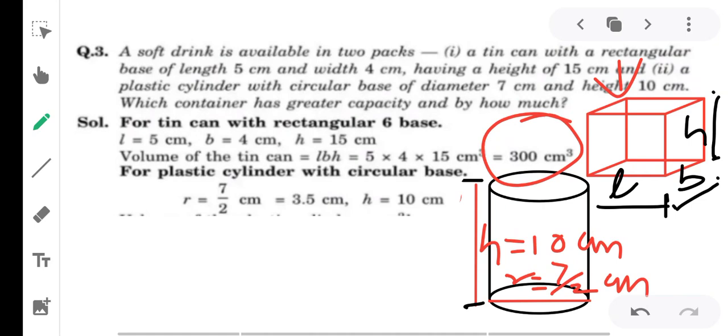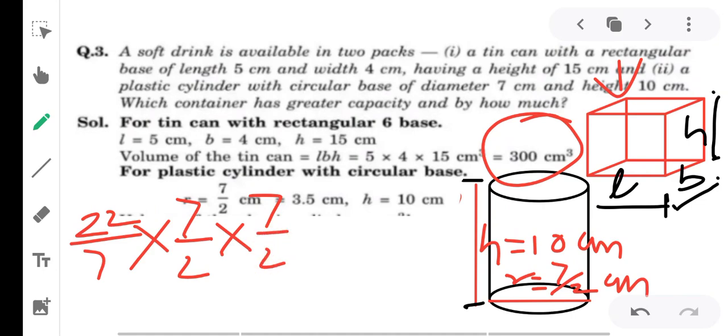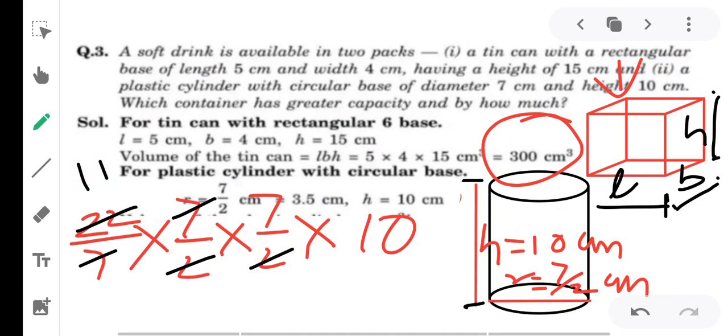Now this is the topic of the cylinder, so definitely we will find the volume of the cylinder. You know the volume of the cylinder is pi r square h. According to the formula we can find the volume. As we know, the value of pi is 22/7 and here the radius is 7/2. So (7/2) into the square, we can write it 2 times, and the height is 10. Simply by the division method we can cancel out here. 7 is cancelled by 7, 2 can cancel the 22, and this 2 can cancel the 10 as 5.